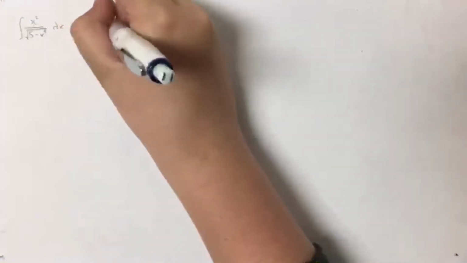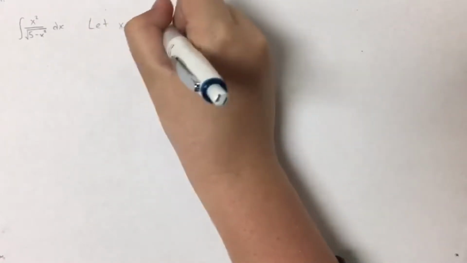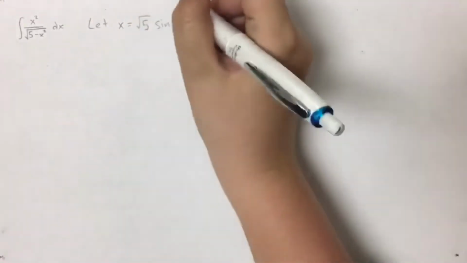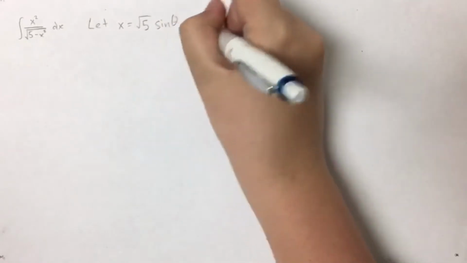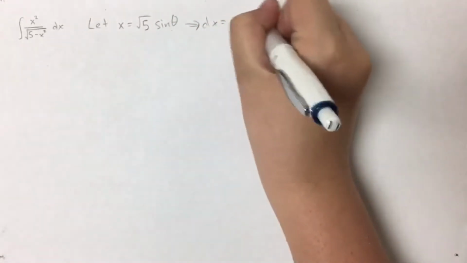Today we are going to integrate x squared over the root of 5 minus x squared with respect to x. We must first use a trig substitution to solve this. We let x equal the square root of 5 times sine theta. This means that dx is root 5 times cosine theta,